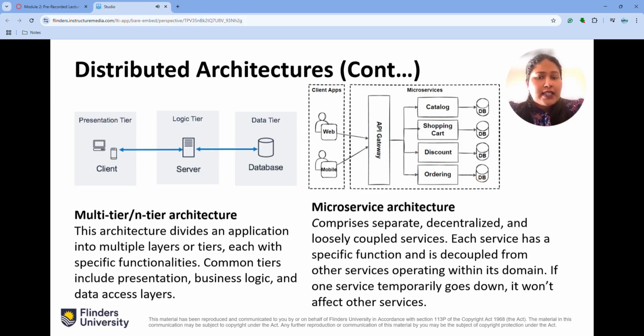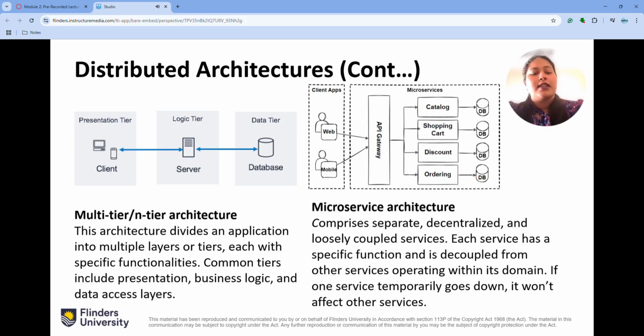Microservice architecture, on the other hand, breaks down an application into a collection of small independent services, each focused on a specific business capability. These services are loosely coupled, communicate over lightweight protocols such as HTTP and REST, and are deployed independently, which allows for faster